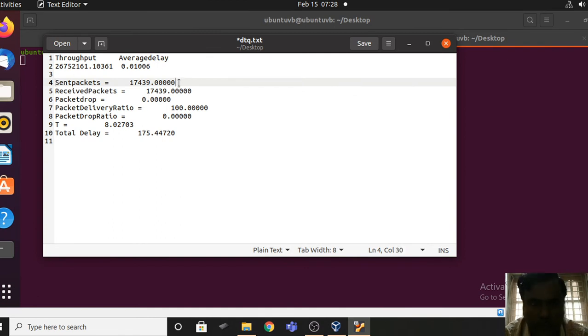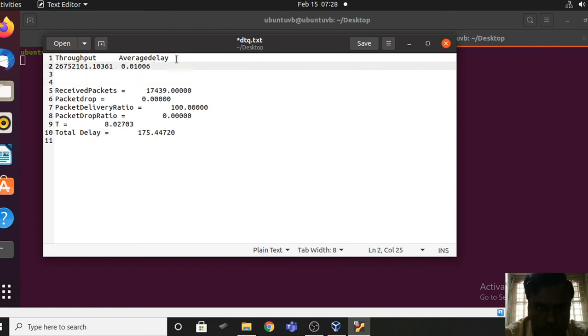Ctrl X, Ctrl V. These are the sent packets, so I want to copy these values under this column, sent packets.